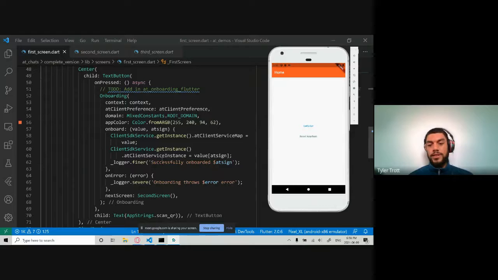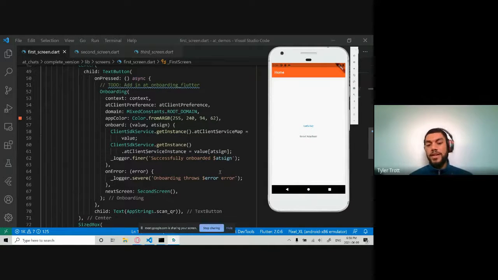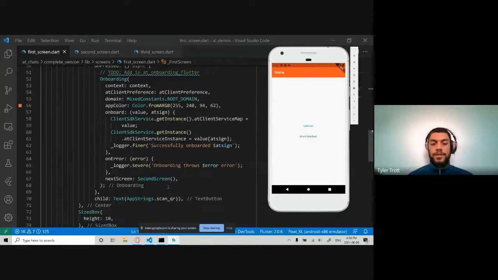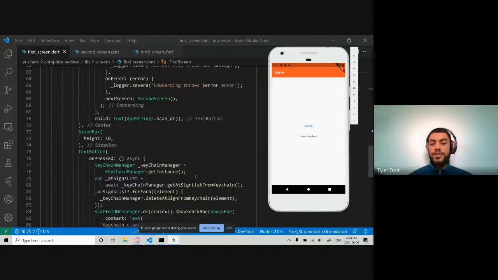So of course, after we pass in the value of the @sign, and if the authentication method works successfully, you're taken to the second screen. If not, it will throw an error, and you'll see it in the logs. And that's why Colin went through the AWS steps, because you definitely want to see, if it does end up in an error, what that error is specifically.